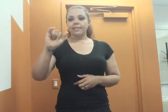So the heart is very special in that it has 4 chambers, kind of like rooms. And these 4 chambers pump blood, and the blood that comes in from your body is tired blood that's full of carbon dioxide. That blood comes in, and then the heart pumps it through and takes the oxygenated blood and pumps it back into the body. But the 4 chambers are really important because they keep the blood separate. The blood that has oxygen in it isn't mixed with the blood that has carbon dioxide in it. So they keep the blood separate, and it sends all of the blood to our muscles and to our body